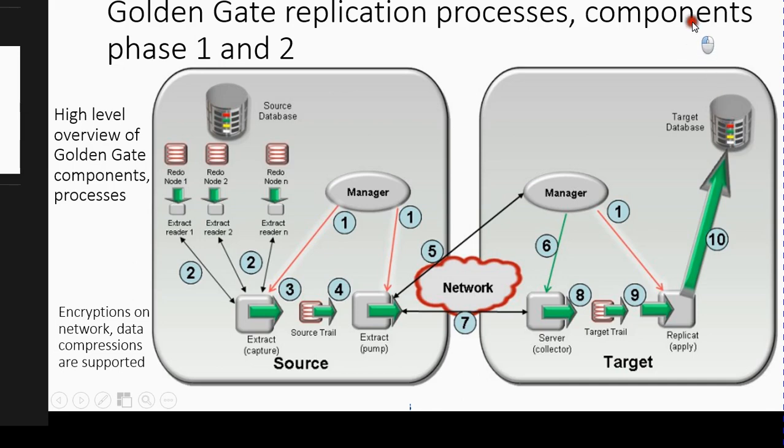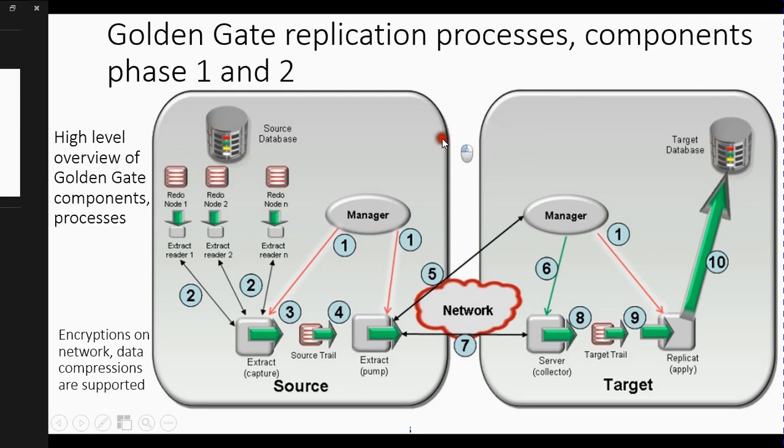So this is a diagram of the GoldenGate replication process and components. Again, phase one is basically the operations in the source database, and phase two is the operations on the target database. So basically what you have is a database with the redo logs. The redo log information is being captured by the